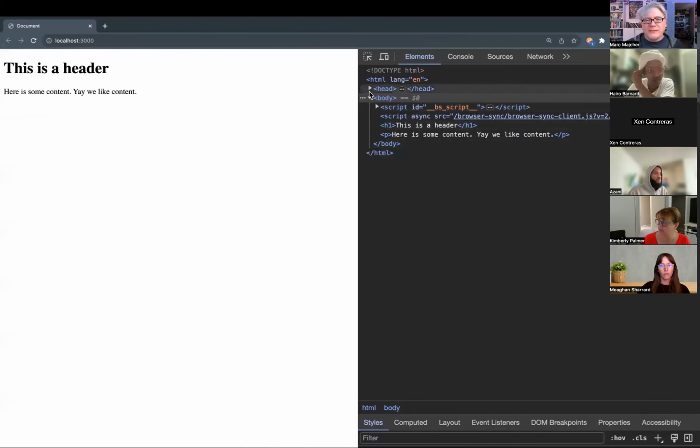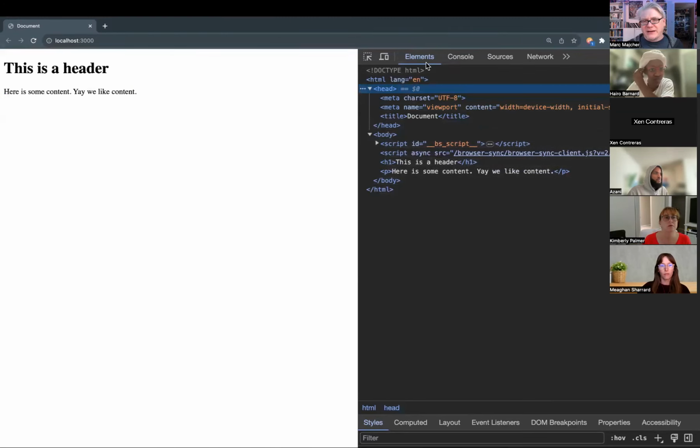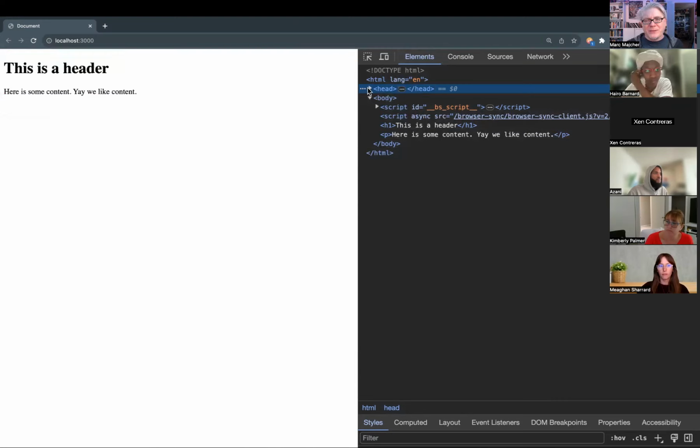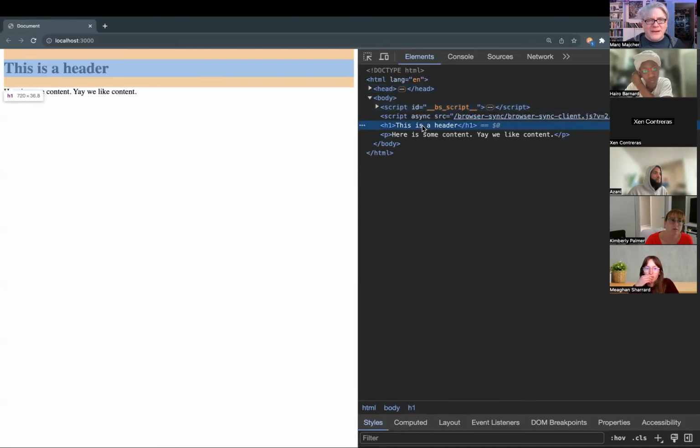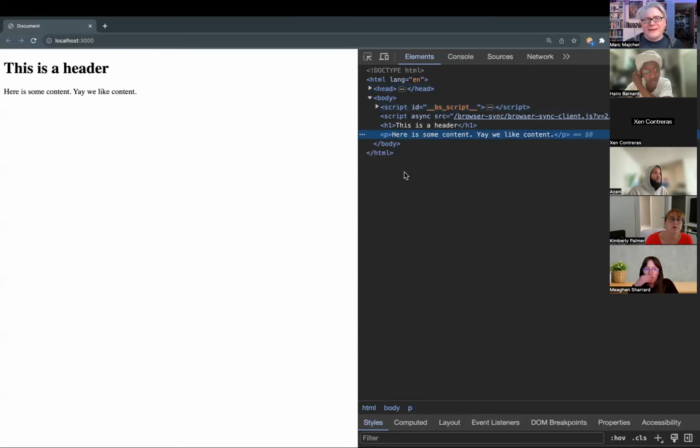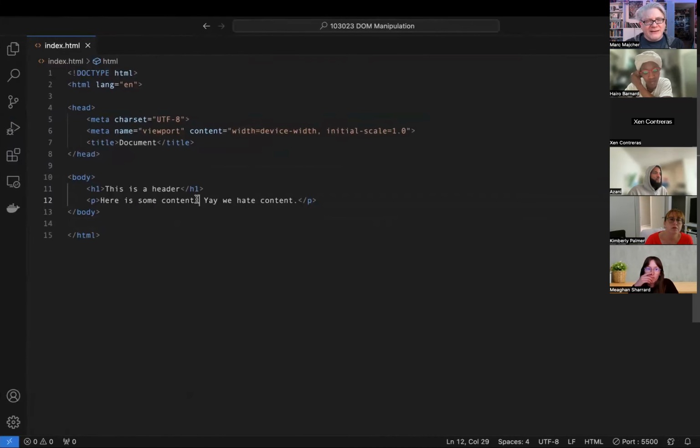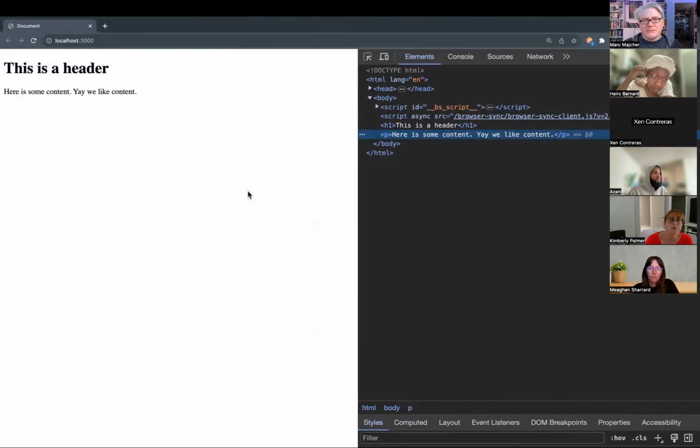Yeah, so we can look at our page in our Elements console here and see the layout now. Body is where we're going to be working most of the time. Here's our header. Here's our content. If you want to put something inside here, like make this bold, that will show up over